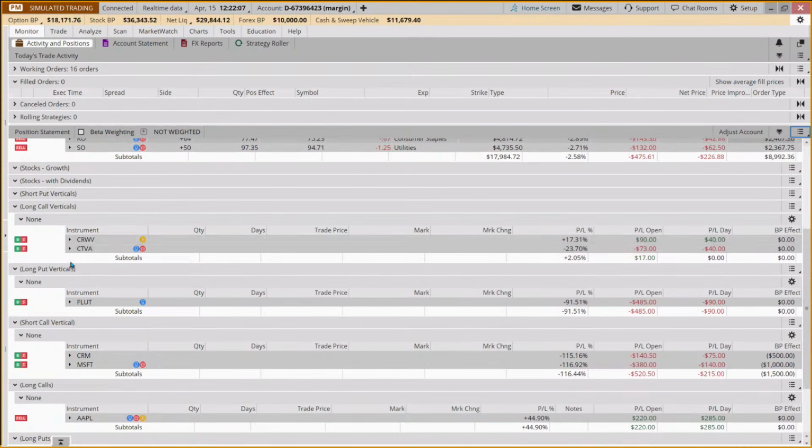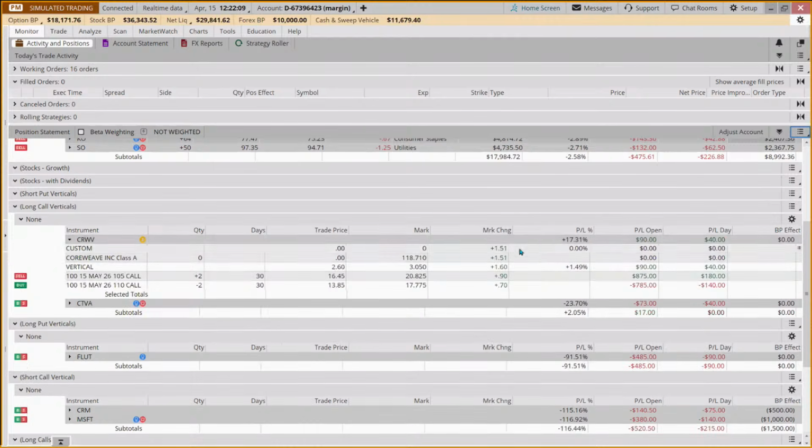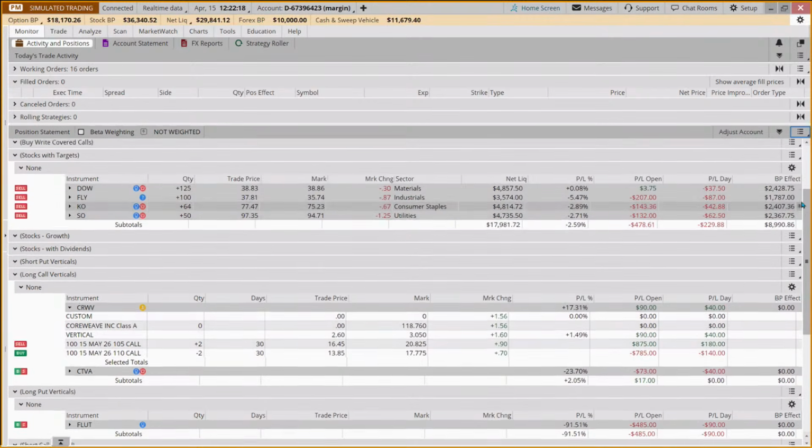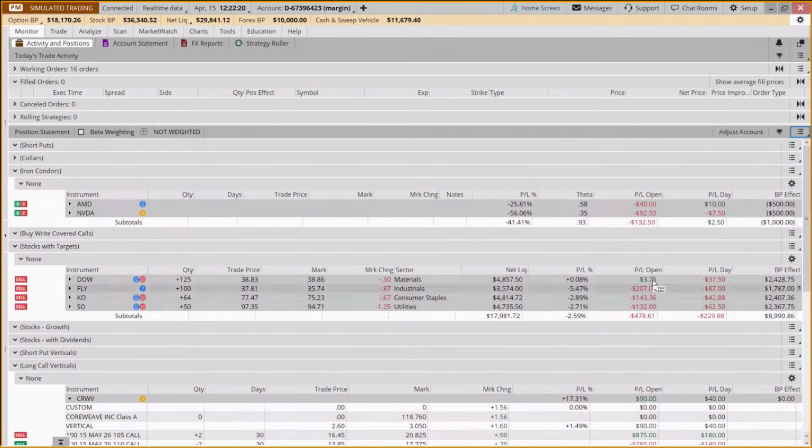Now you'll notice that on these, I didn't put in net liquidating value, because that one isn't as relevant, where, in the stock positions, geez, our stocks with targets aren't doing so well. I do want to have net liquidating value because I want to be reminded at a glance if I'm over my 5,000 cap on this trade.